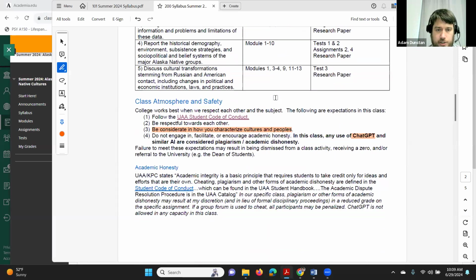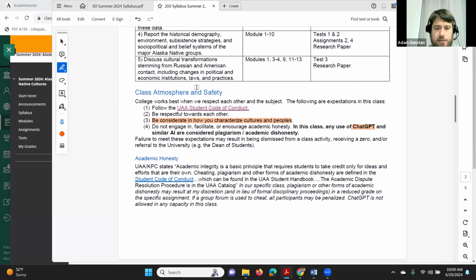This is more information. Oh, this is about class safety. Some of the stuff doesn't fully apply because we're not in an in-person class, but it does still apply in the sense that if we're doing a discussion board, which we do a couple of times in the semester, please be respectful towards each other. Obviously, that goes without saying. I almost never, if ever, have an issue with that. I've found students up here to be very respectful towards each other.